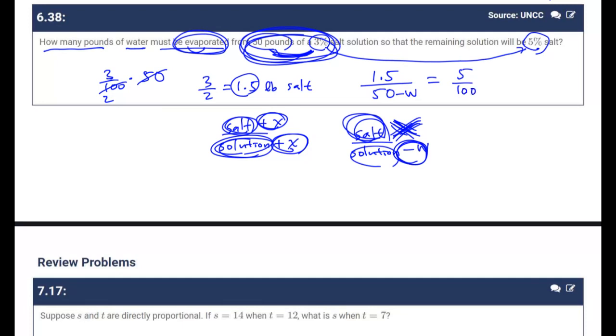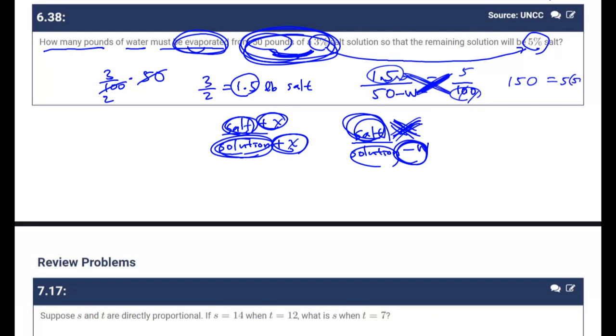Well, the numbers are kind of messy, but I can just leave it like this because 100 is a good number. 1.5 times 100, when you do cross multiplication, you move the decimal twice to the right, so it'll be 150, which should equal cross multiplication, 5 times